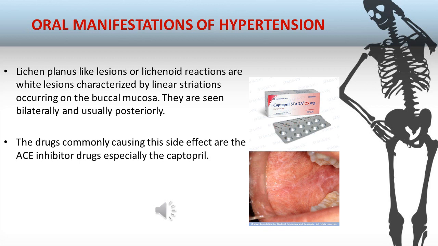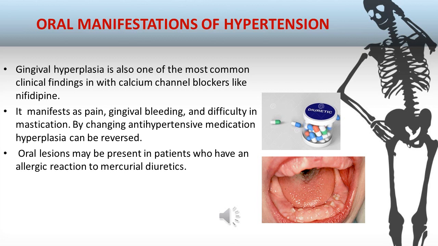Lichen-planus-like lesion or lichenoid reaction, as you can see in this photo, are white lesions characterized by linear striation occurring on the buccal mucosa mostly. They are seen bilaterally and usually posteriorly. The drugs which commonly cause these side effects are ACE inhibitor drugs, especially captopril. Gingival hyperplasia is also one of the most common clinical findings in patients who take calcium